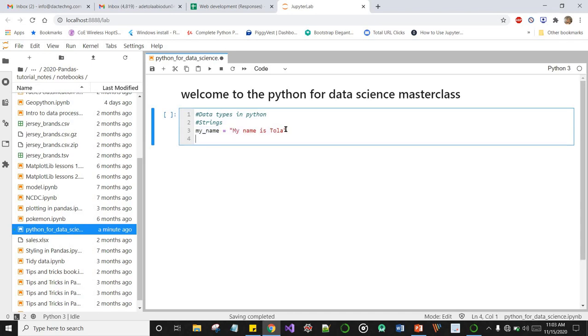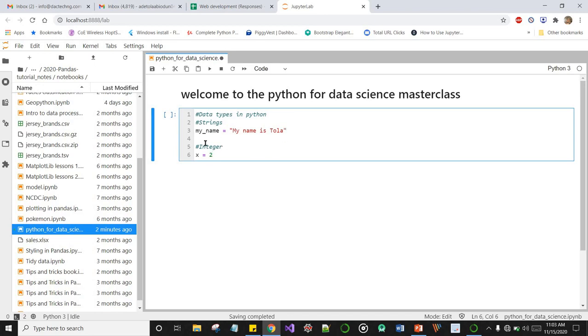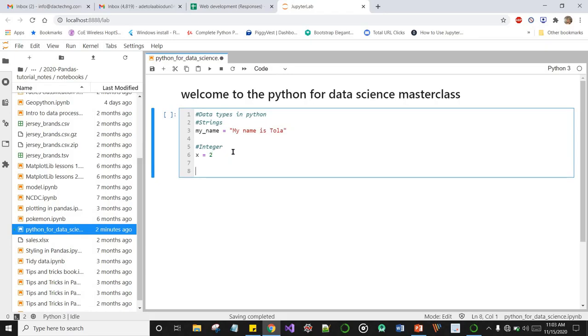So another quick data type is integer, or known as int. Integers are simple. We can just pass a value. Let's say x is equals to 2. Okay, 2 here is an integer. And there's another numeric data type in Python known as floats.